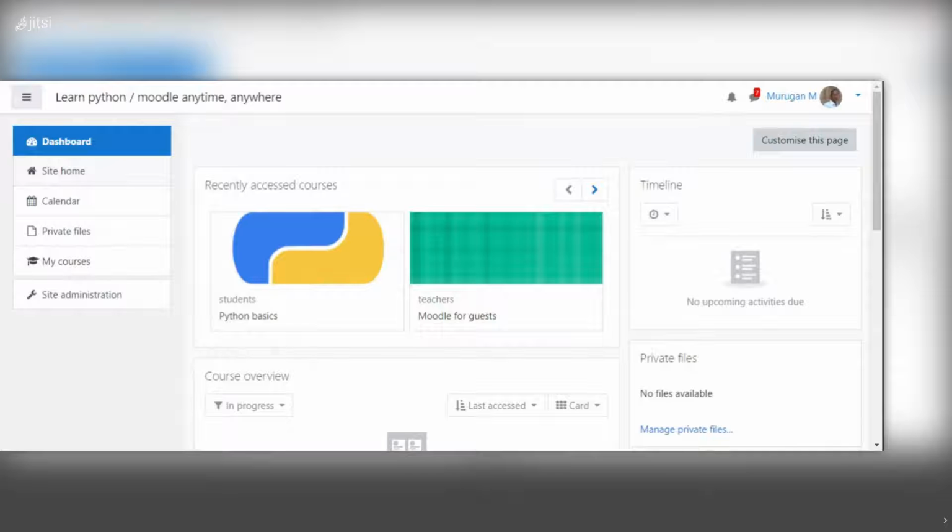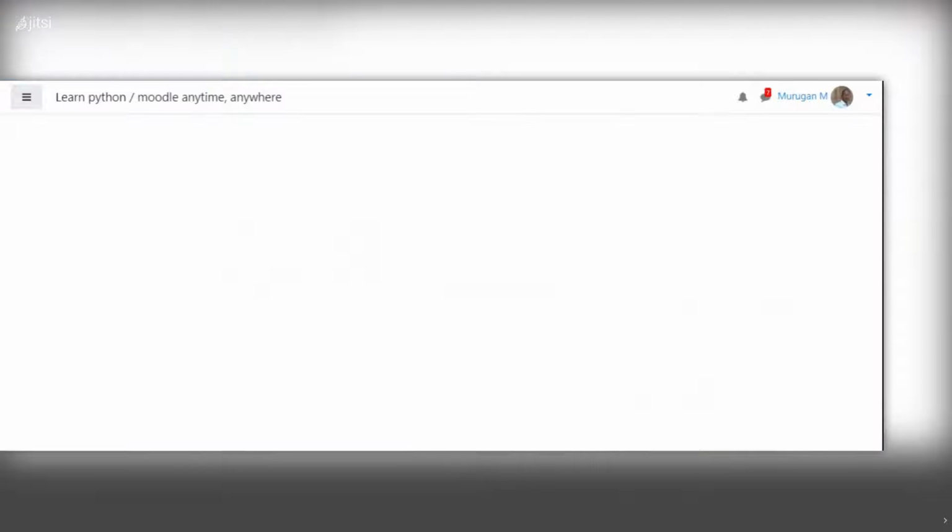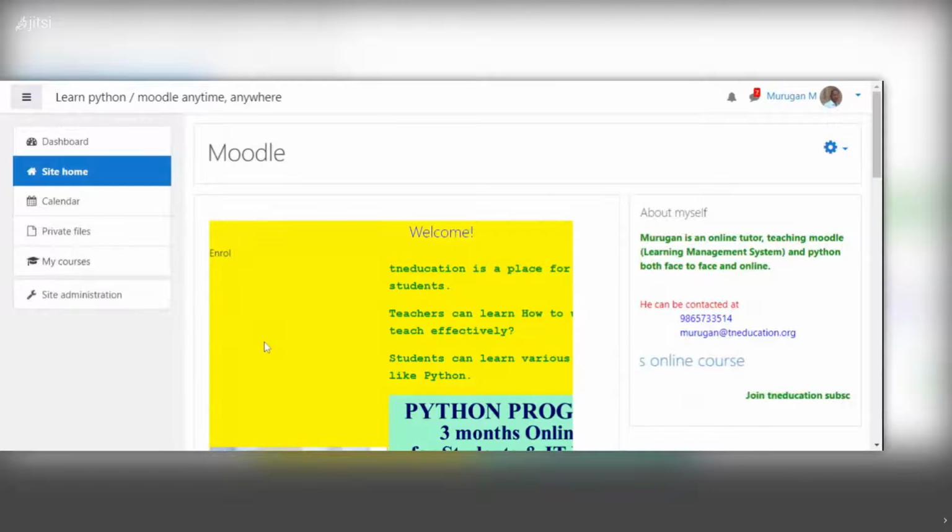Learning any language directly is very comfortable. When students and teachers are not able to meet directly, we are forced to choose online education. Through online also, we can learn Python. How?